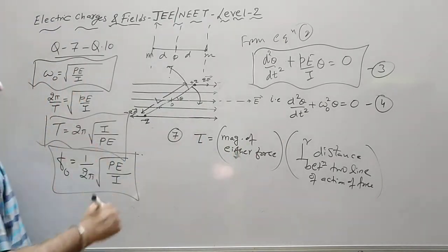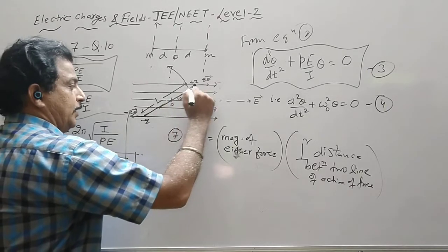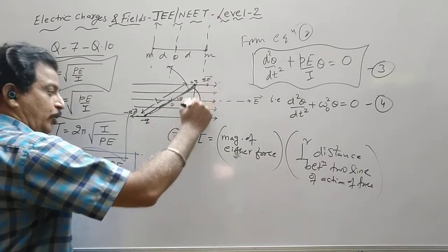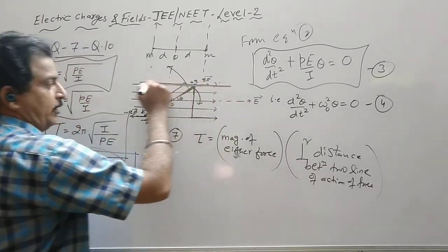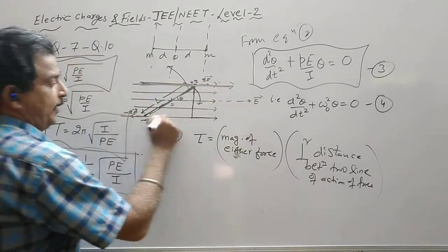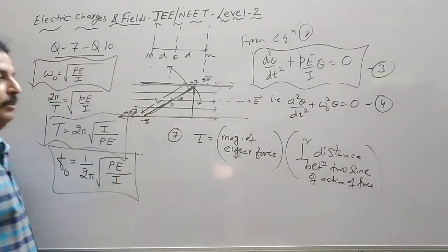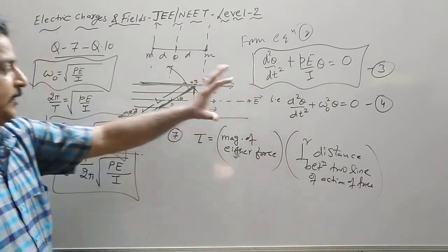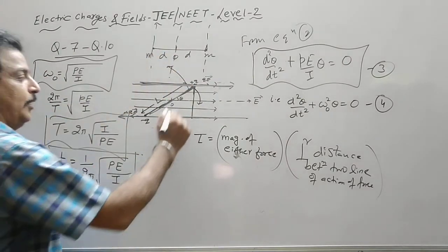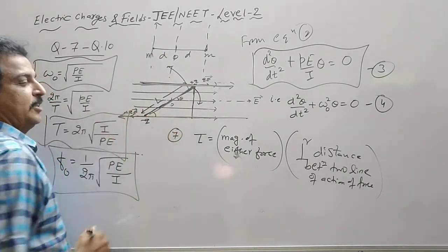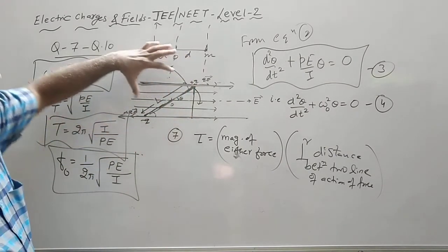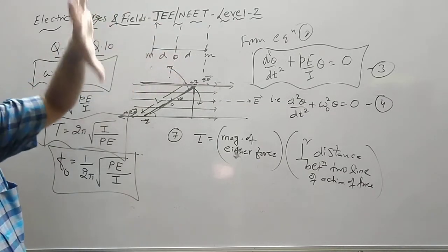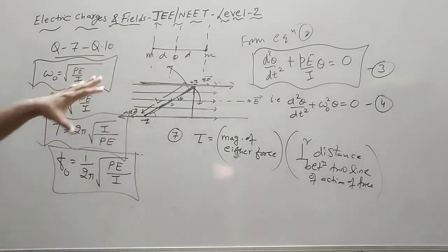Now let us see the perpendicular distance. So this is a rod. I drop the perpendicular. This is the line of action of force. This is the force direction. This is the direction of another force. This is the perpendicular distance. Now if this angle is theta, I can take sine theta is equal to this perpendicular distance upon the hypotenuse. The hypotenuse given is L.